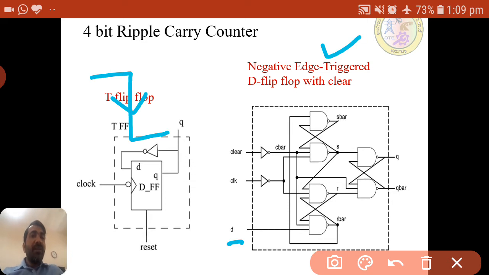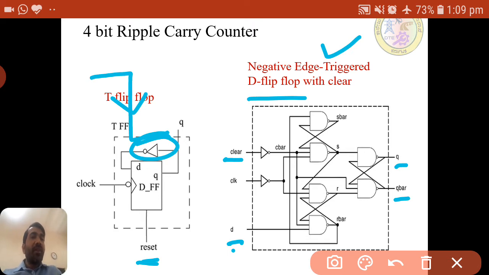So this is the D flip flop with negative edge triggering and a clear signal. Here, instead of clear, they have given a reset signal; both are the same. So with the clear signal, D and Q bar, it will give the output like this. Q bar is nothing but a NOT gate here.